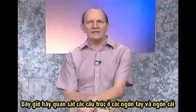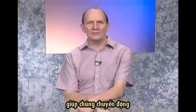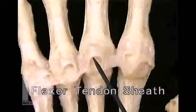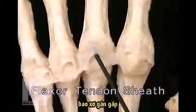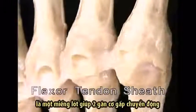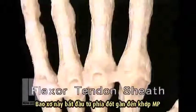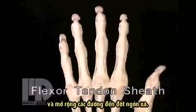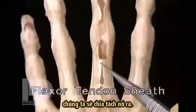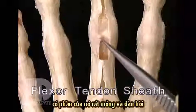Now let's look at the structures in the fingers and in the thumb which hold the flexor and extensor tendons in place, allow them to move, and guide their direction of pull. In each finger, this structure, the flexor tendon sheath, provides the two flexor tendons with a smoothly lined, tightly enclosing tunnel to run in. The sheath starts just proximal to the MP joint and extends all the way to the distal phalanx. To see the sheath better, we'll divide it. Parts of the sheath are thick and fibrous, and parts of it are thin